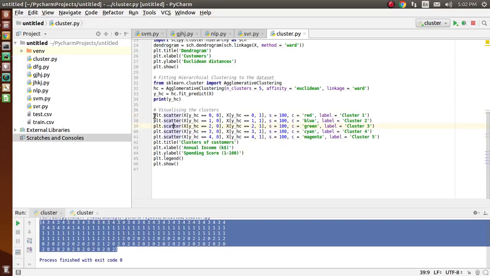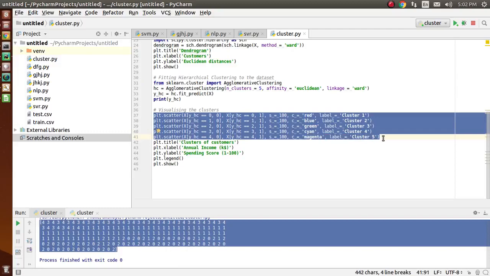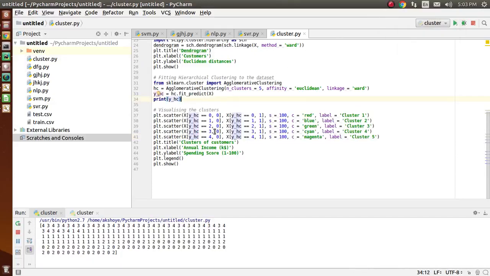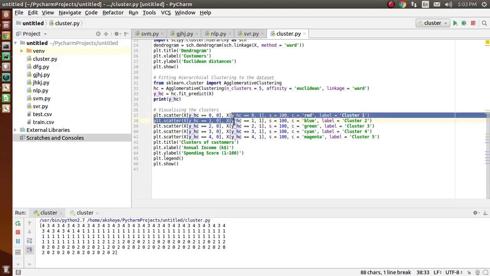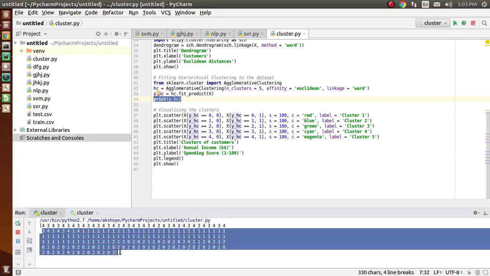Now, here we have plotted the graph for the customers who come in a single cluster, in different clusters actually. Here in this code, this is the y value, the y_hc values which we have printed before, and this is the output for that.